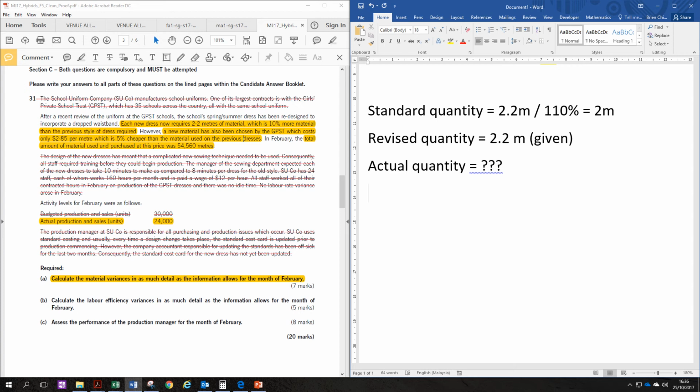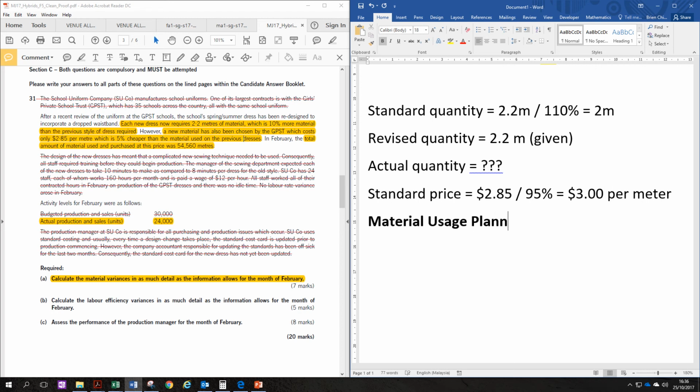Now, just to keep in mind, whenever we calculate usage variances, we value any variance at standard price. So in this case, standard price is 2.85 divided by 95%, which gives us $3. So all the usage variances will be valued at standard price, $3 per meter. Okay, so let's start. Our first variance that we're going to do is the material